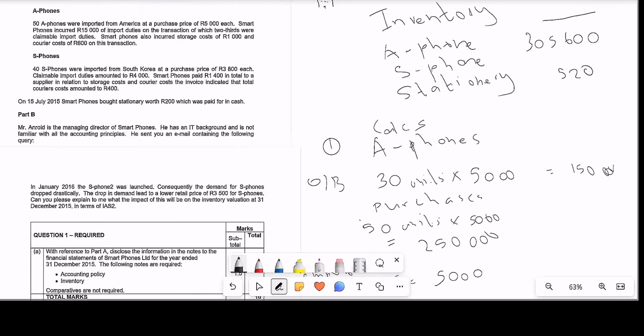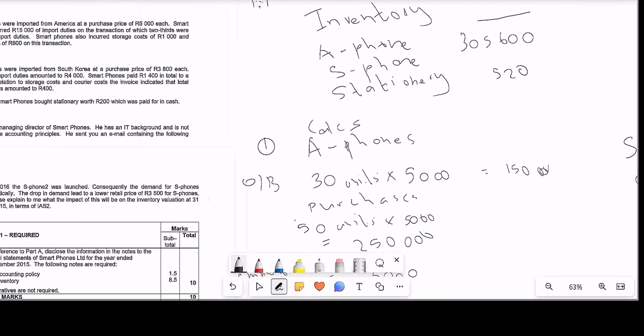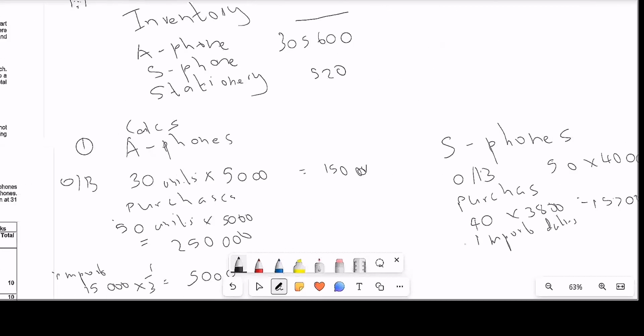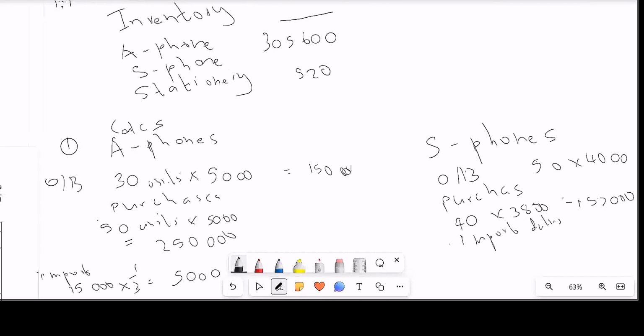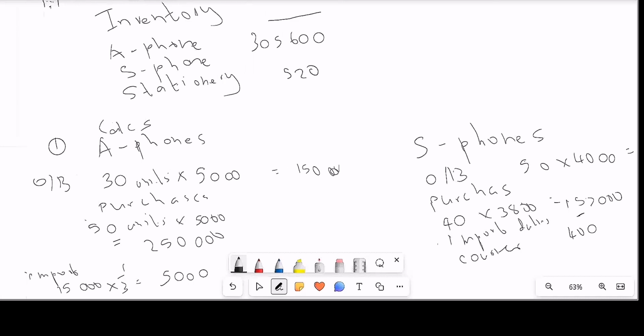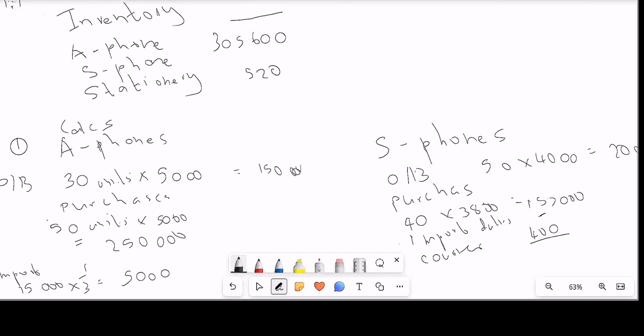So we'll just include the courier costs and also exclude the storage, which the courier costs were 400. So let's say courier costs, courier was 400, which will give us